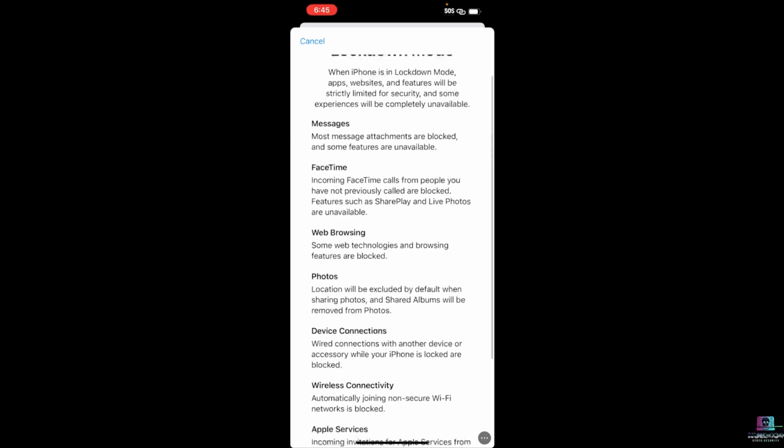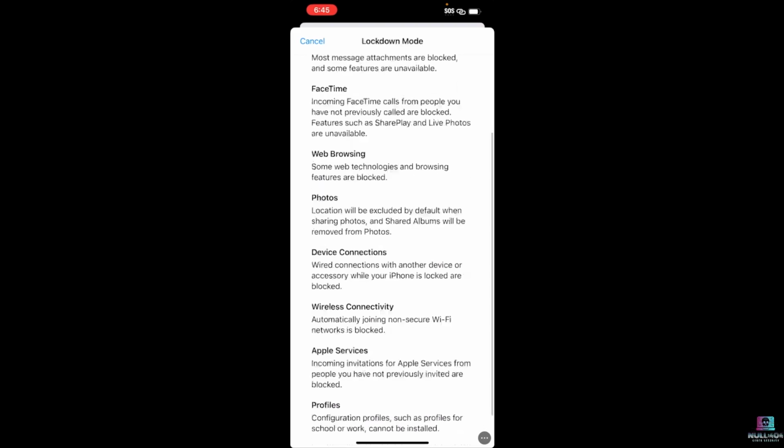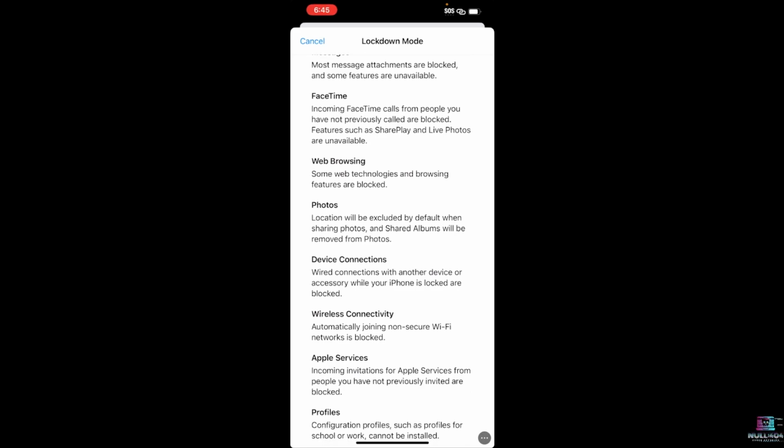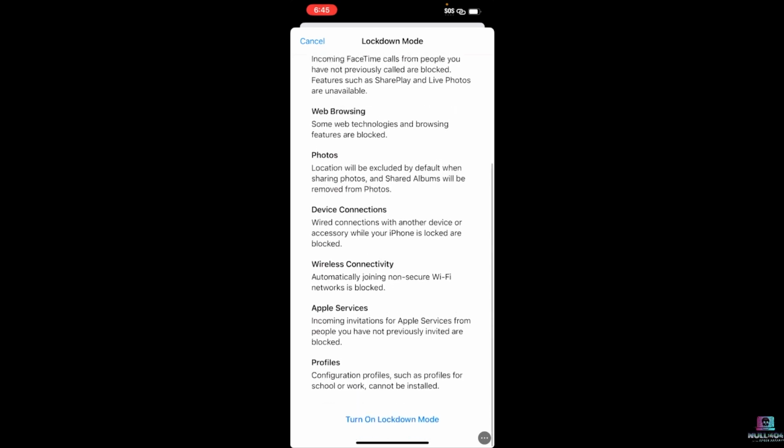What it will do is, like it says here, most message attachments will be blocked. Things like photos and videos will work, GIFs and things like that may not. FaceTime incoming calls will only work with people that you've communicated with before. There's been a lot of attacks with both iMessage and FaceTime where they could eavesdrop on you or send you a malicious file, taking advantage of zero days on the iPhones. Also, certain things in Safari will be blocked. Photos,